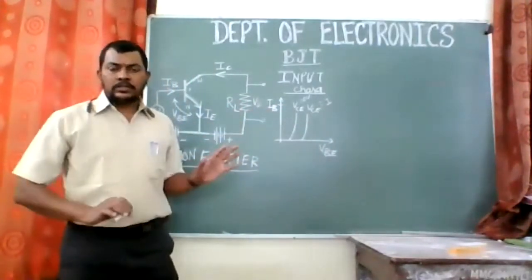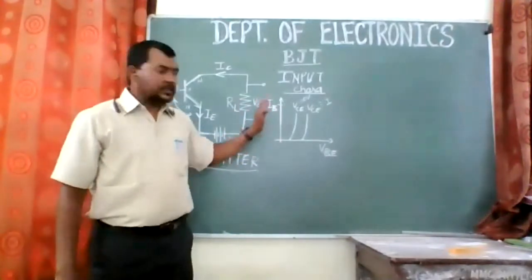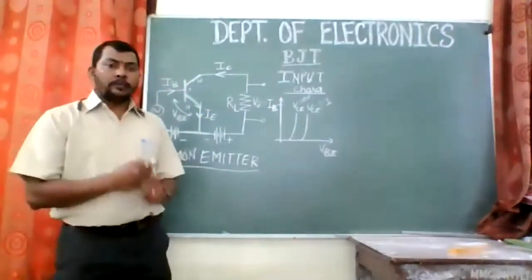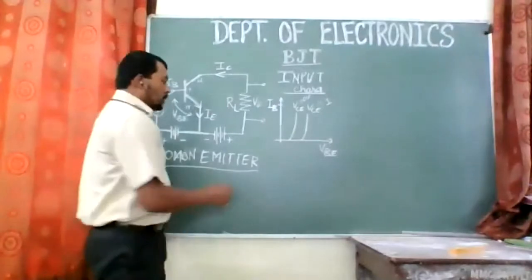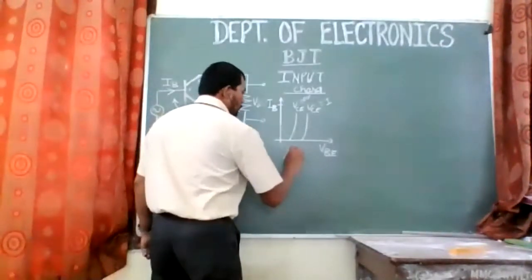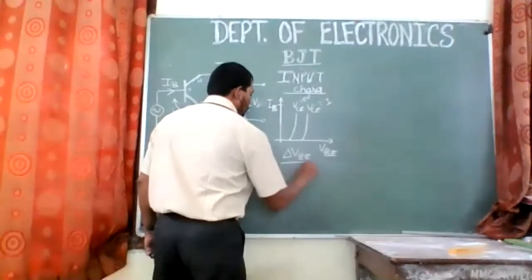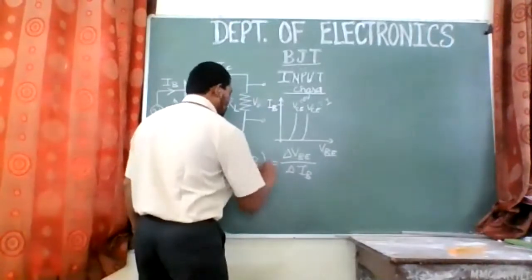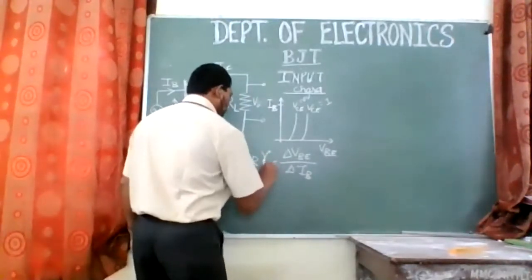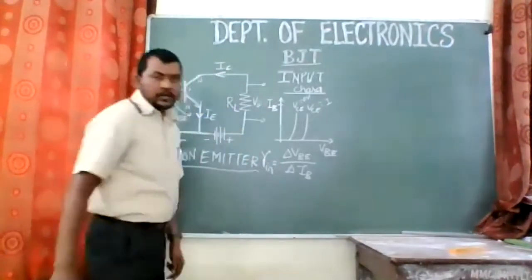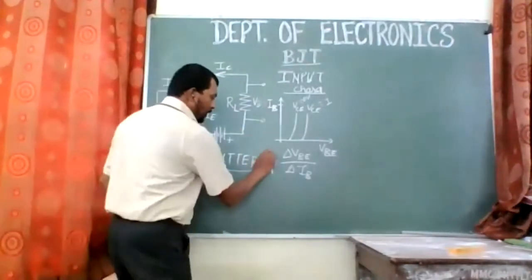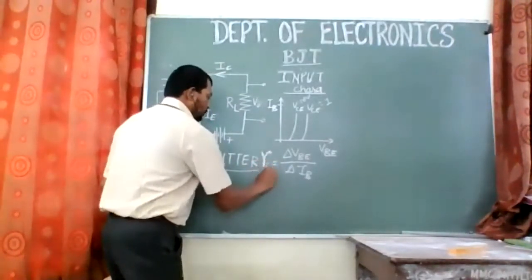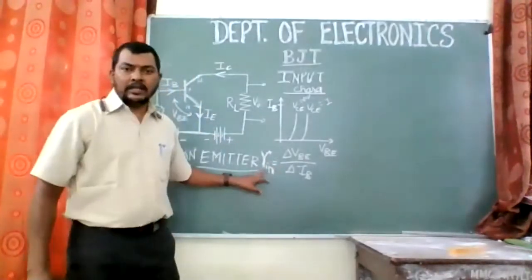Okay, have you understood this? Right? So this is the input characteristic. Can you define this input characteristic? Input characteristics or input resistance in common emitter amplifier is defined as the ratio of change in base emitter voltage to the change in base current at constant. This is RI. I am writing here RI, right? So this is not gamma, this is small r, R input.